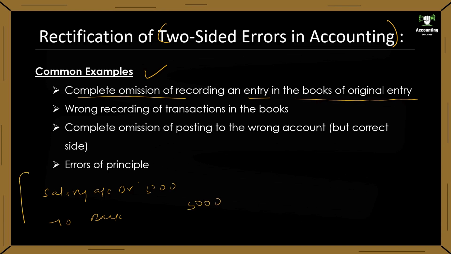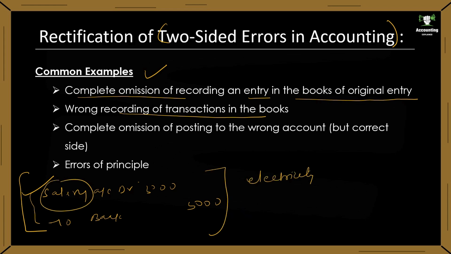This entry, if you have completely avoided taking, then your trial balance will tally, but there is a mistake in it because you have not taken this entry to your accounts. There is equal debit and credit, so your trial balance will tally. Next example is wrong recording of transactions in the books. Instead of salary, if you have taken electricity account debit to bank, then your trial balance will tally, but there is